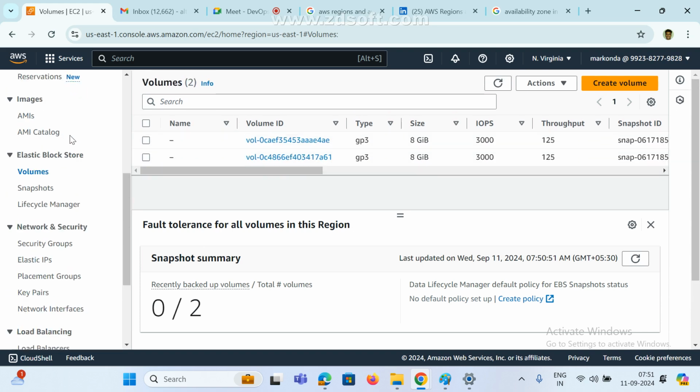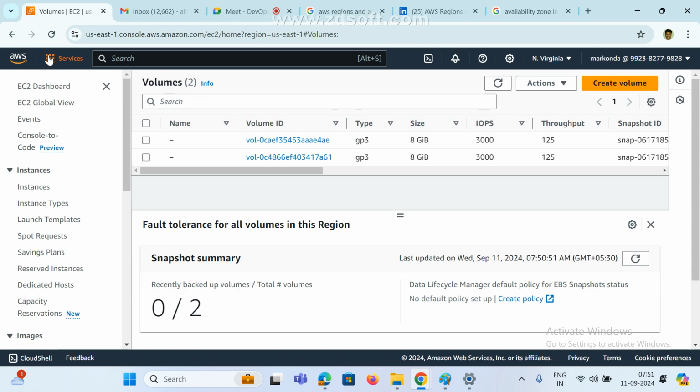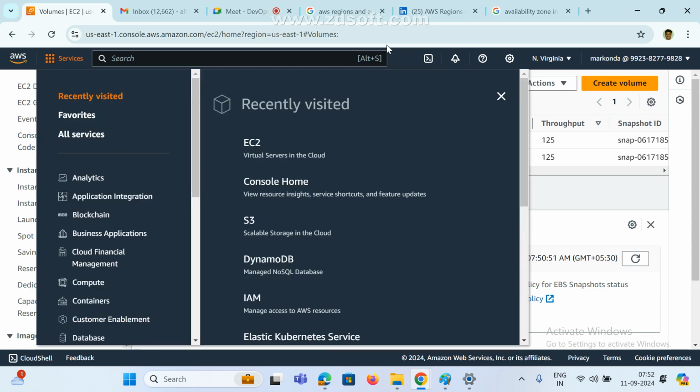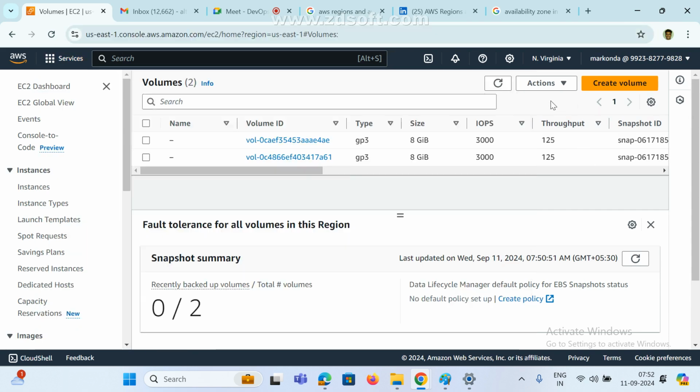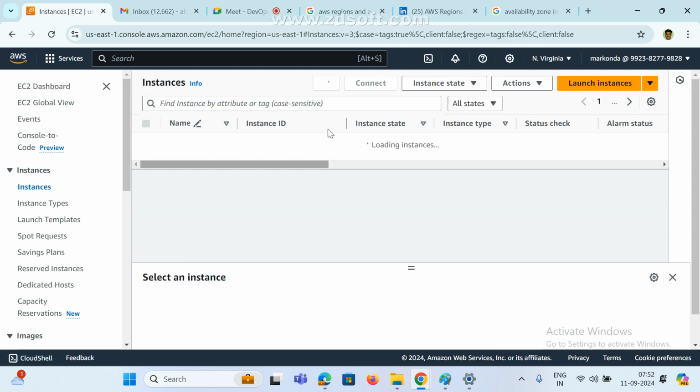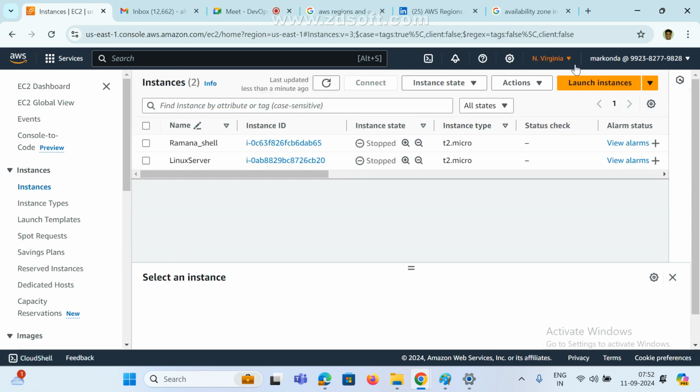So this is the global search, this is the services. If you want to see all services, and which service and which region you want, we can see. And if you want to create any instance, this is the option. Next class we'll see how to create it and how it will work. These are the existing ones, already someone has created. And if you want to create any instance, see here there is a launch instance.